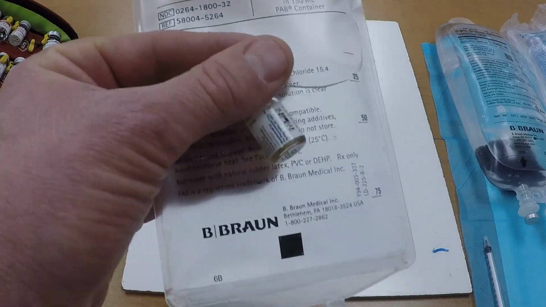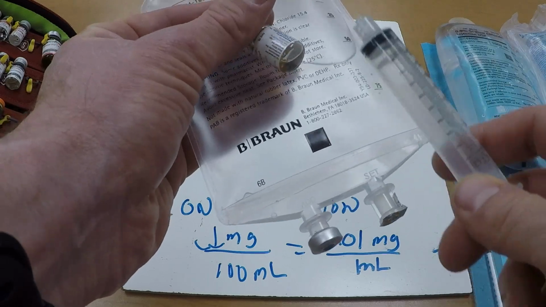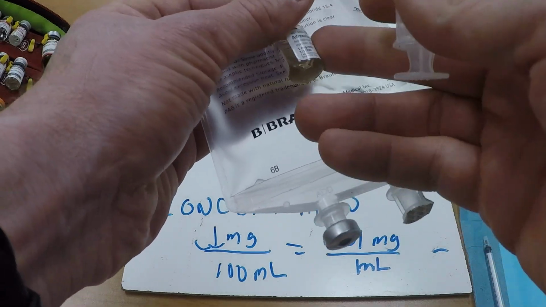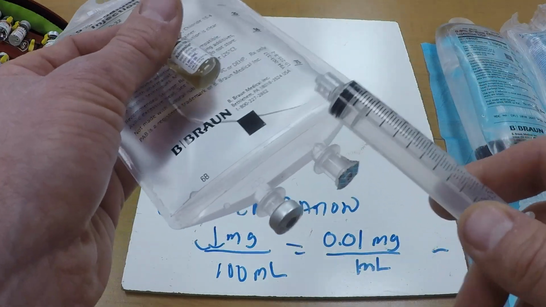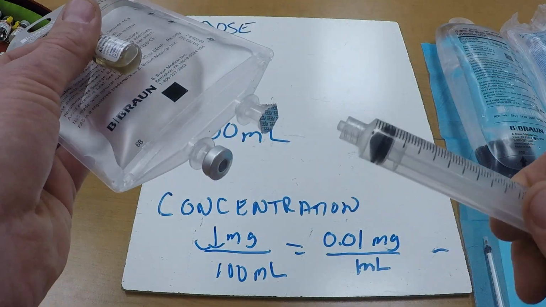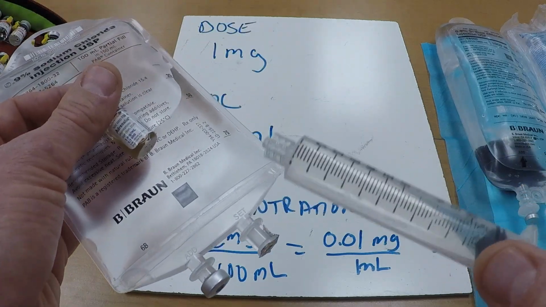So we would use this as our new vial. Tape the vial to it, label. This is our new source, and we can draw medication from here and